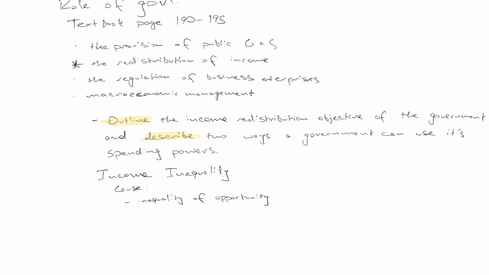Oh, also disabilities. Yeah. So inequality of opportunity are things that occur that are completely outside of your control. It's your parents' income and education. It is your parents' level of income, the place you were born, your gender, your race, your ethnicity. All these things are outside of your control and can have some impact on inequality.